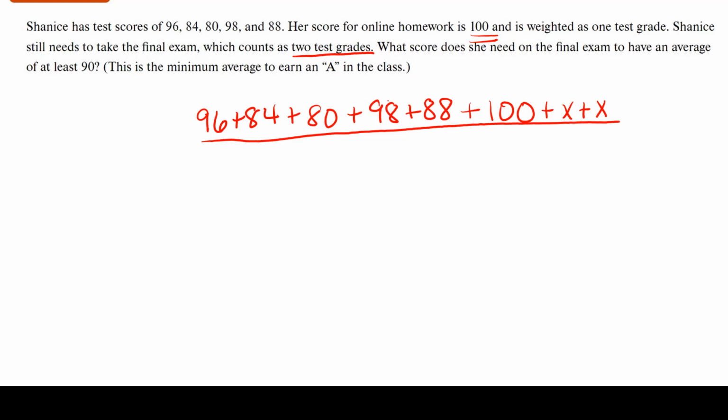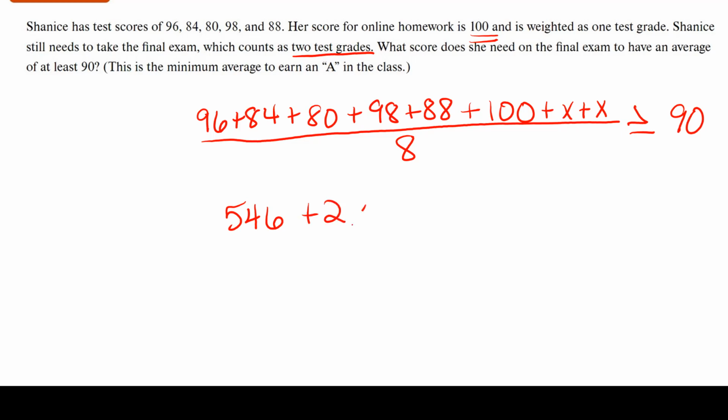So 1, 2, 3, 4, 5, 6, 7, 8. So if we divide by 8, that's going to be her average. And she wants to make an A, so she wants her average to be greater than or equal to 90. So now we're just going to solve for x to find out what she needs to make on that final exam. So if we add up all those test grades that we already know, that's 546